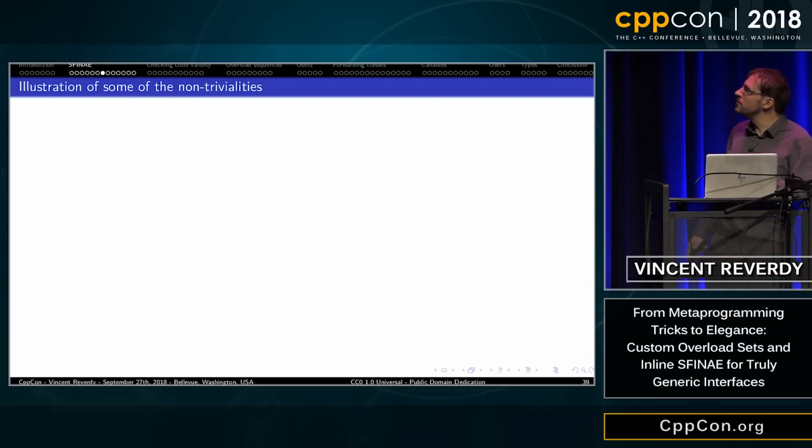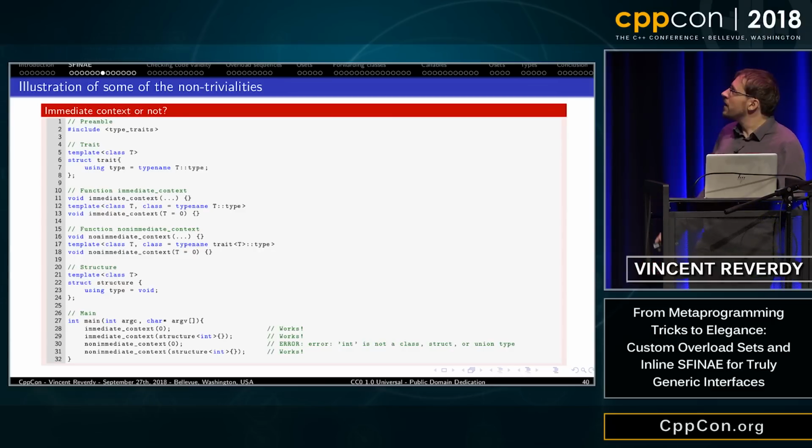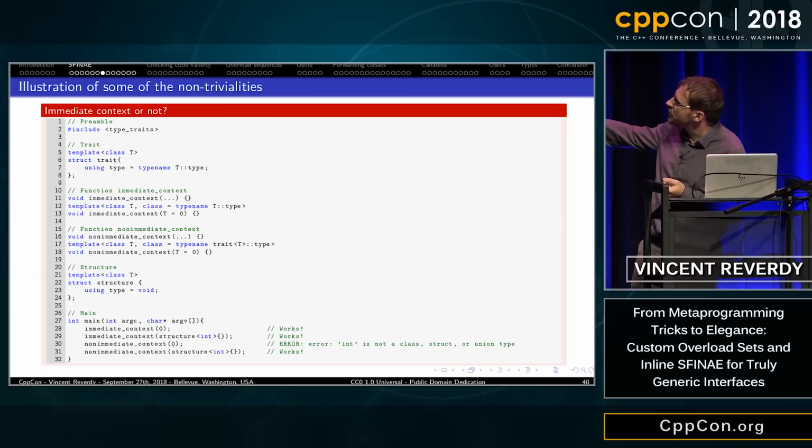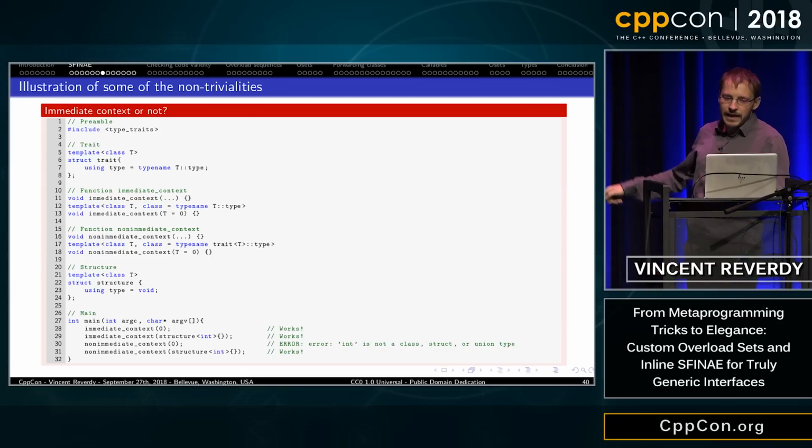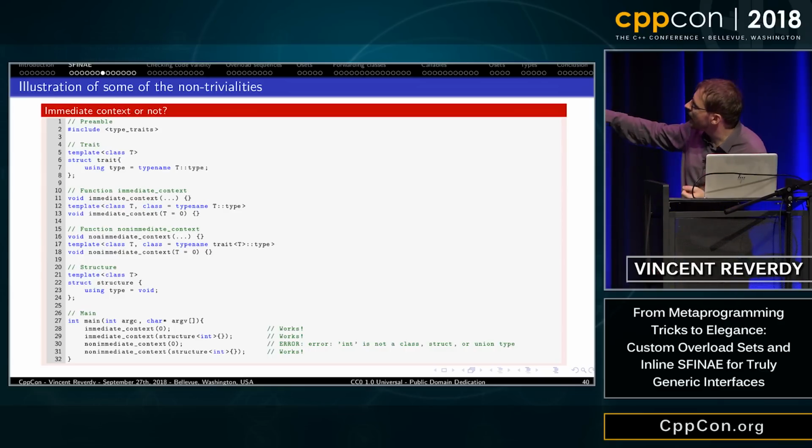Also, there are some non-trivialities with SFINAE. For example, here, we have a trait that contains a type, and check, and the type is equal to the parameter T, dot type. Then I have a function immediate_context, and I have a function non_immediate_context.